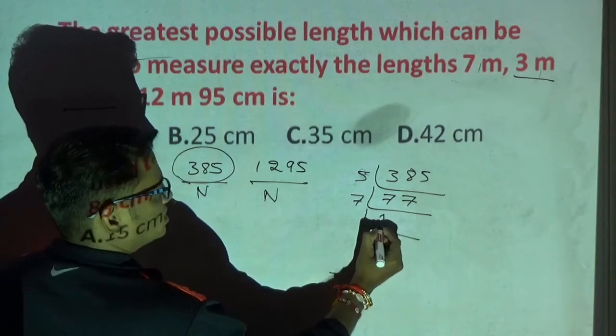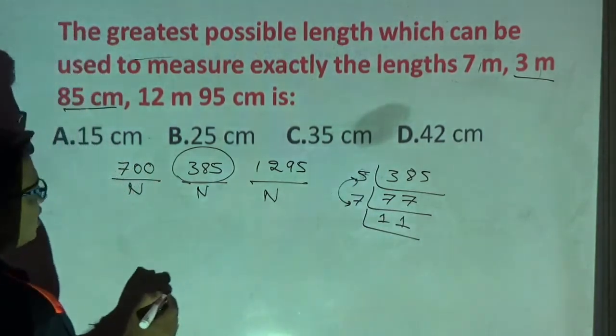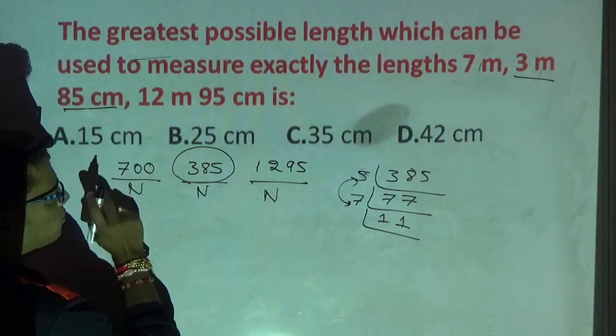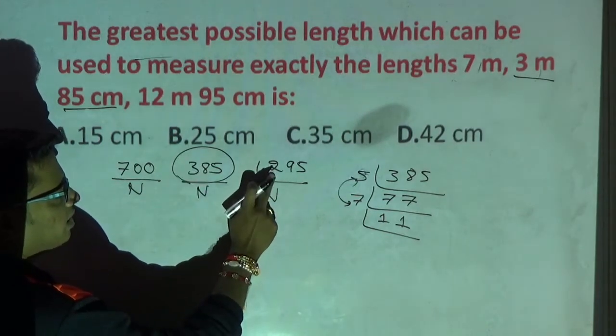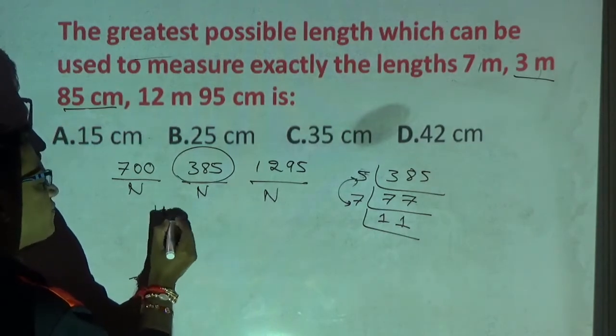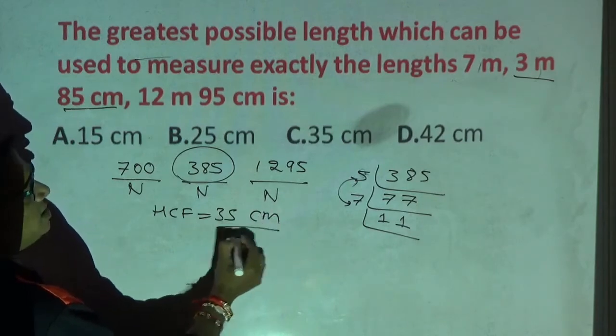7 ones are 7. Now 7 5s is 35. From 35 whether you can divide these numbers, check out. Yes, this is divisible. 35 2s, here 35 1s is 35, 3 left out, it is divisible. Here 35, yes, it is also divisible. Therefore, what is your HCF? HCF is 35. So put it in option as centimeter.